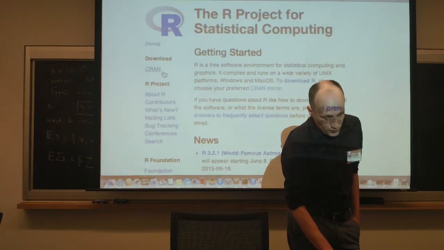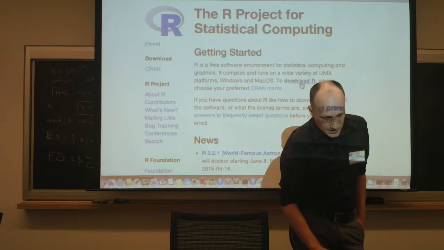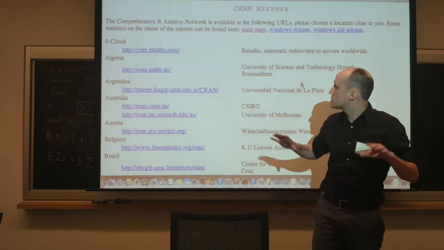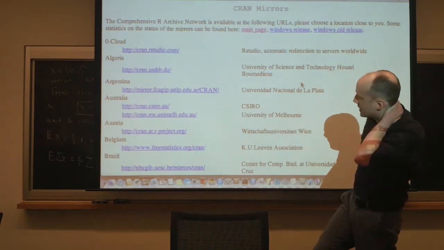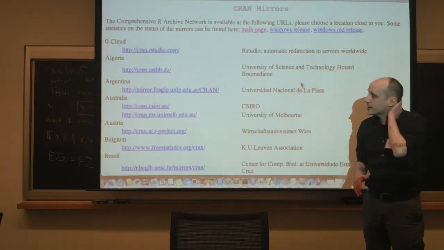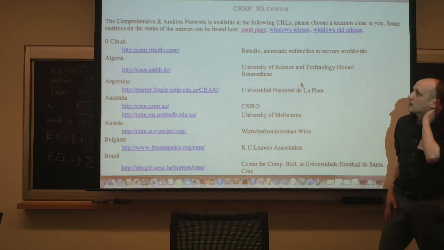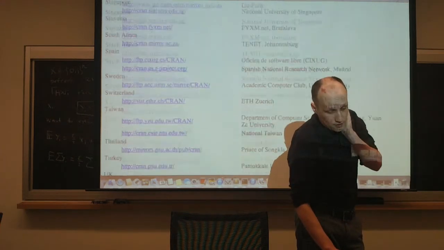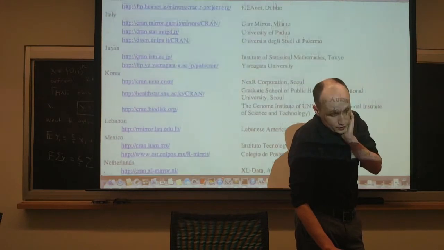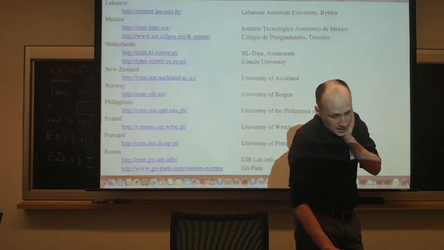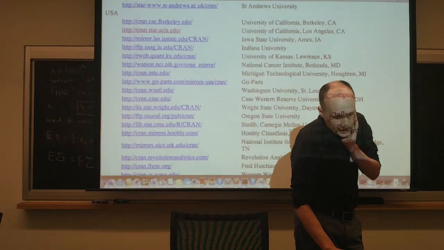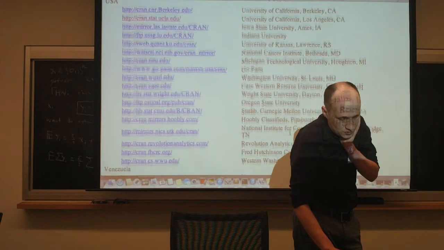I will go through this. To download R, it'll ask you to choose a CRAN mirror. There are a lot of different mirrors all over the world that have all of these 5,500 libraries that you might possibly want, and core R. You pick one that's near you. There's not a lot in New England. There used to be one at Harvard, and we shut it down. So there are a couple in Maryland. People want to go somewhere reasonably close to where we are.